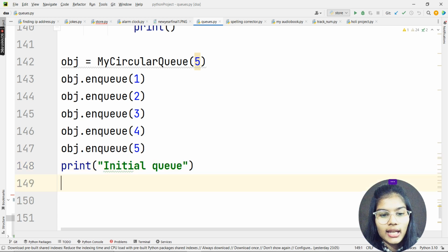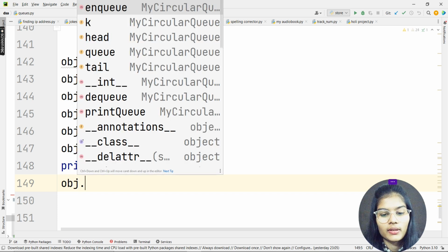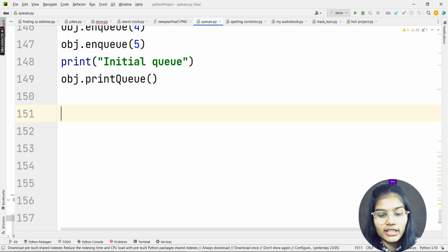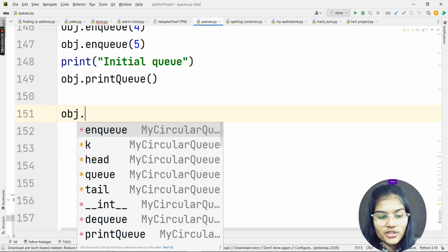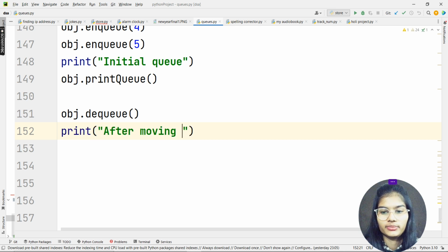Right? And here we have obj.print_q, I'll call this print q function. I'll call this particular print q function. Now I'll also use the dq function as well, so that it stops at that particular position only, and I can print a sentence, basically, print after removing an element